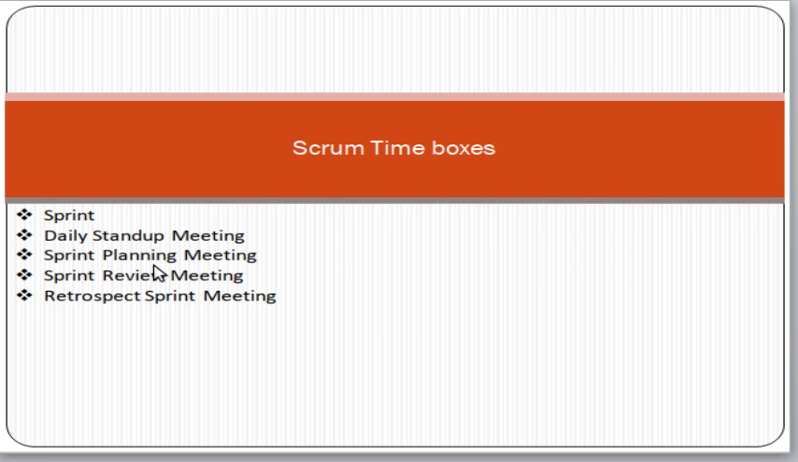So sprint planning meeting means that you take the tasks from the product backlog. Product backlog is the complete list of requirements. For example, if there are 40 tasks in the product backlog, you take 10 tasks from the product backlog, and in this meeting you decide which 10 tasks you will take from the product backlog,